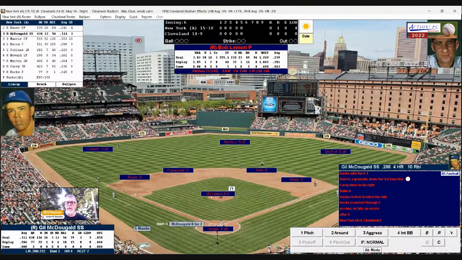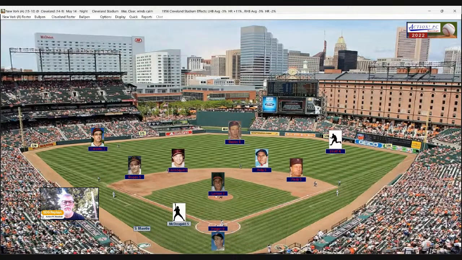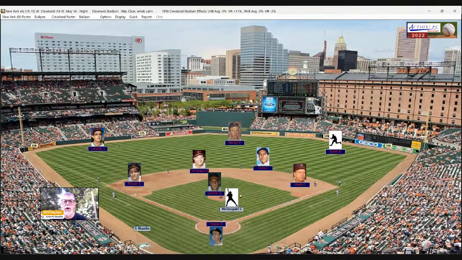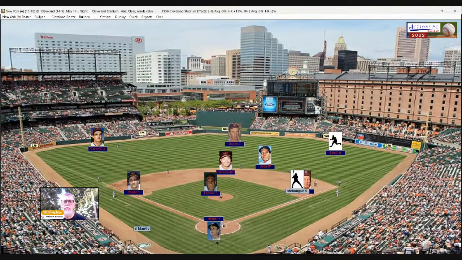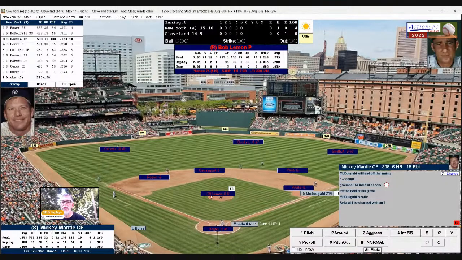as Bob Lemon is back on the mound here in the 6th, and Gil McDougal stepping to the plate. McDougal 0 for 2 on the day. Here's the pitch to McDougal. Ground ball hit to short, and we have our first error as Avila boots it. So McDougal safely on first on the E4, and Mickey Mantle stepping to the plate. You don't want to have an error with Mickey Mantle stepping to the plate,